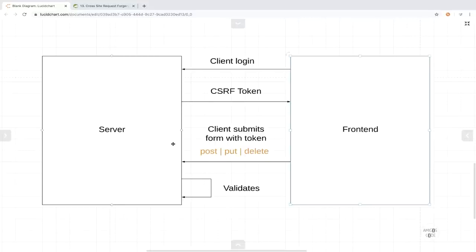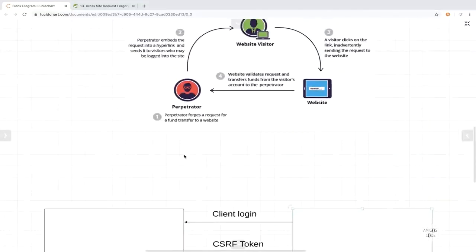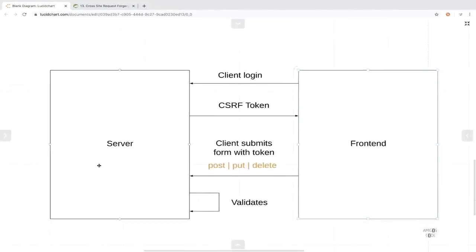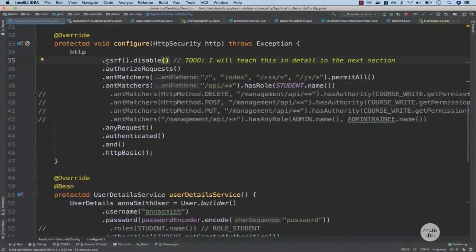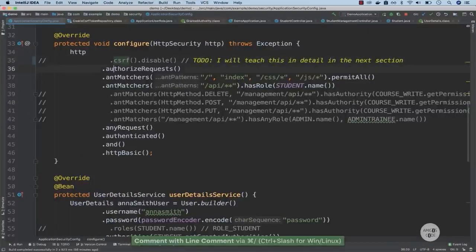So when CSRF token is enabled, there is no way for this attacker right here to know what was the original token that the server had generated for a particular client. And with this, problem solved. So let me go back to IntelliJ and right here, let's comment this line out, right? So we're going to enable cross-site request forgery. So if I restart the server,